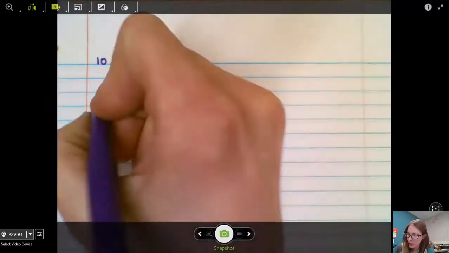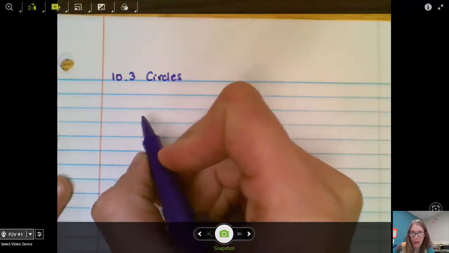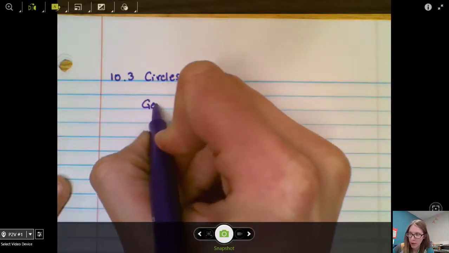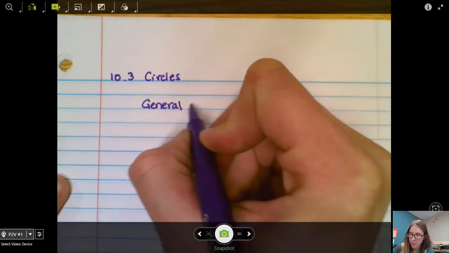Our next conic section we are going to learn a little more about after our parabolas are circles. And here's the good news. Circles are the easiest conic section to deal with. Circles have a general form just like parabolas and our other conic sections that we'll learn about along the way. The general form for circles